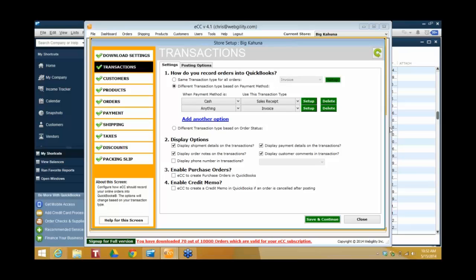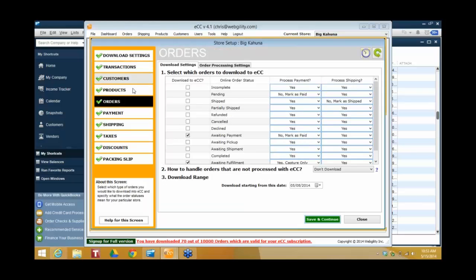You know, this question is about creating purchase orders. Now, purchase orders are created based on a rule. So if you are utilizing different types of transaction methods and you have particular items that are only purchased in a particular way that will trigger an invoice, what you can do is, Chris, if you can go to the Enable Purchase Order screen,